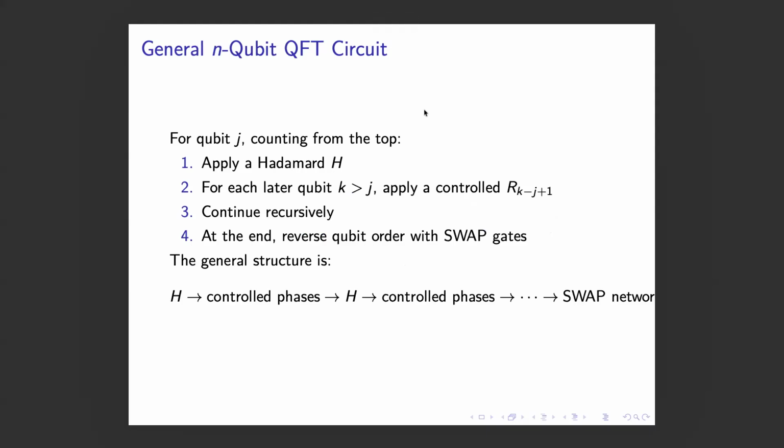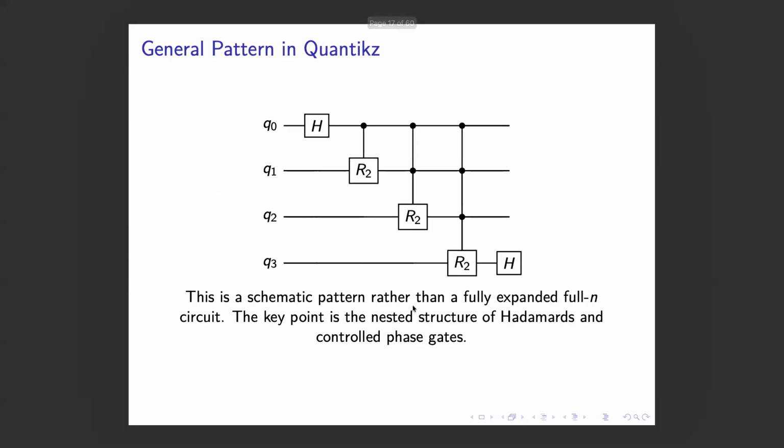So if you think of the general circuit, if you count from the top, you apply a Hadamard gate, and for each later qubit, k larger than j, this is just a loop which you would have, you apply a controlled gate, and then you continue recursively with the Hadamard and the controlled gate, and at the end you reverse the qubits with swap gates. So the general pattern is actually controlled phases, Hadamard, controlled phases, Hadamard, controlled phases, etc. So a general gate,